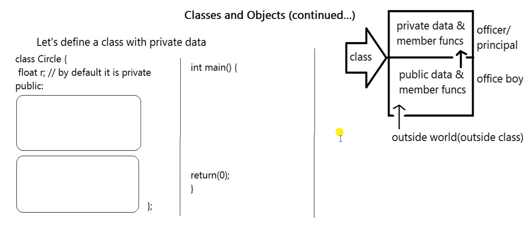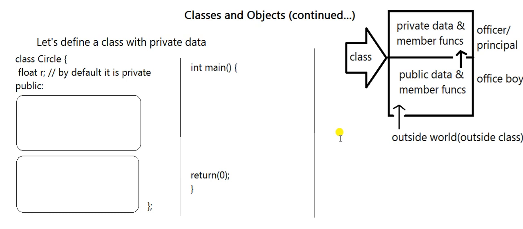How do you actually hide the data? By declaring a data member with scope private. That's why normally the data members must be declared private. When you declare a data member as private, you will not be able to access it outside. Then how to manipulate, how to access it? That's what I'll demonstrate now. Through a public interface, you have to interact with the private section or private data.